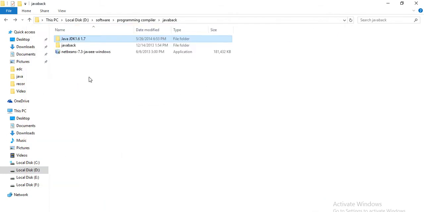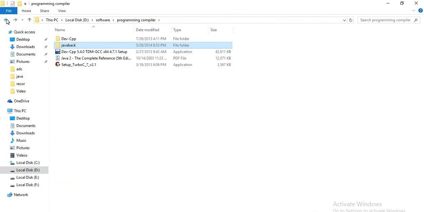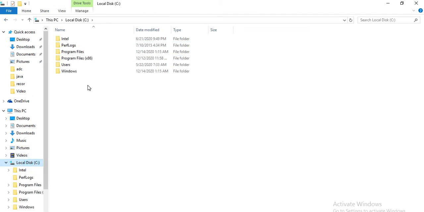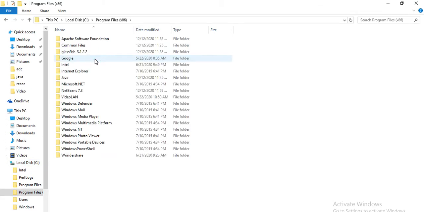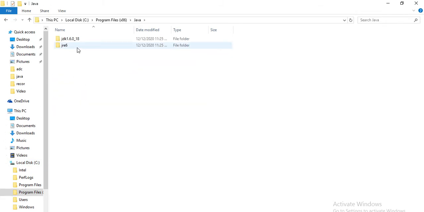What is the meaning of setting the path? When you install the JDK, suppose you have installed it in the C drive, you need to go to Program Files (x86), where you will find the Java folder, the JDK folder, and the bin folder.